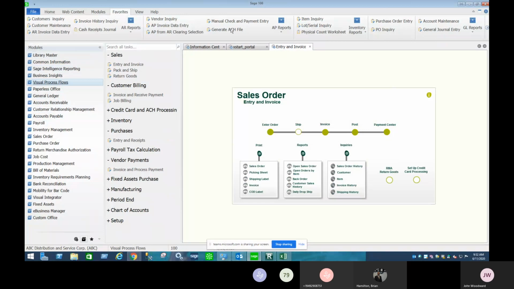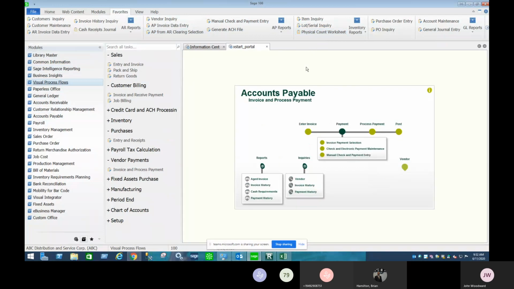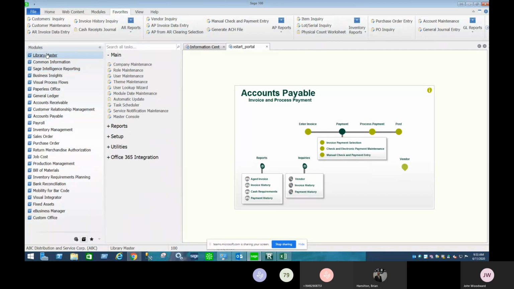Okay. Now, there's some other things. I think in the call yesterday, Brian mentioned some things. There are some things that come out of the box I want you to be aware of. So I'm going to scroll up here, another module that you get automatically. One more, before I go into that, I want to discuss security. Security in Sage 100 is